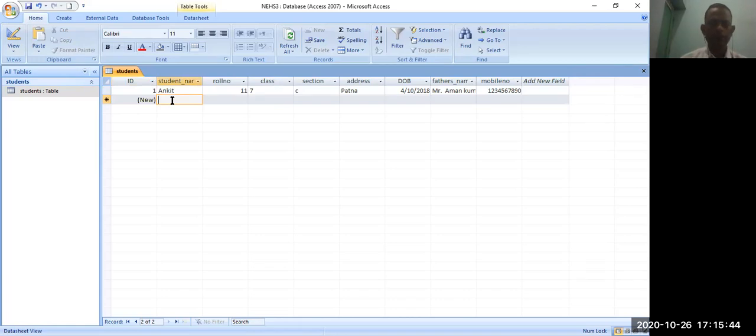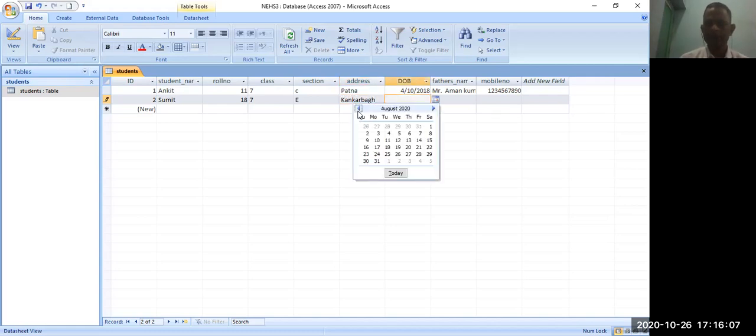Now we are going to add another record. Here you can write down the roll number, 18, whatever class, 7, and E section you can enter here. You can write down the appropriate address. You can also select the date of birth.